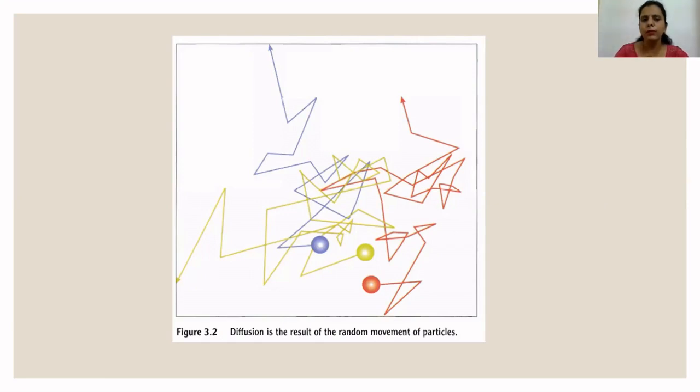So diffusion, remember, is a result of random movement of particles. It takes place from higher concentration to lower concentration, and the energy possessed by particles, that is kinetic energy, is the only energy used in the process of diffusion. Apart from this, another very important point which you have to remember about diffusion is that diffusion occurs in both gases as well as liquids. Hence diffusion actually takes place in fluids. It can occur in gases, that is in the air which is present around you, as well as it can also take place in water.